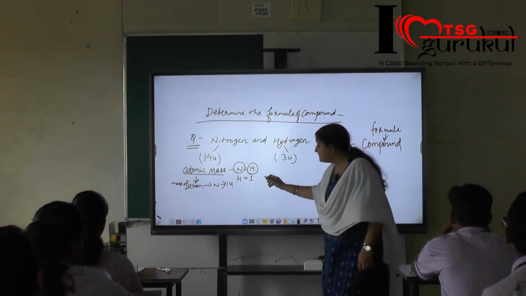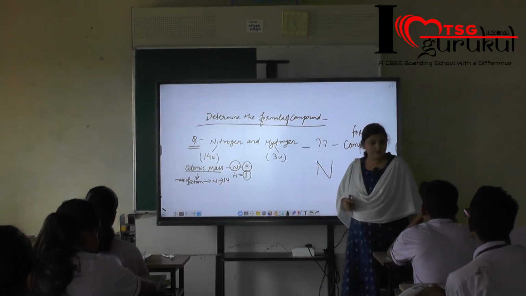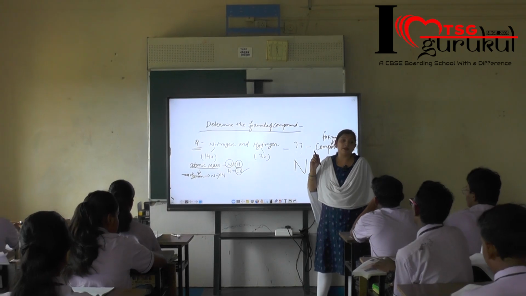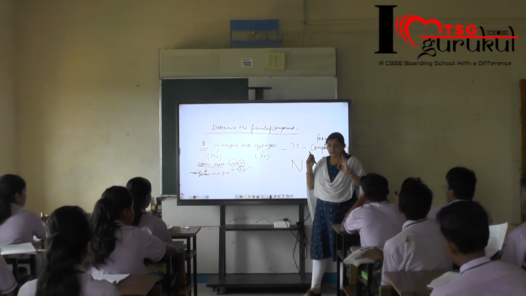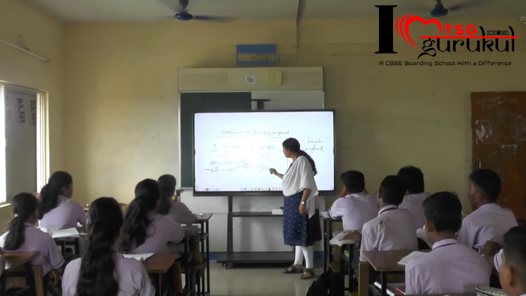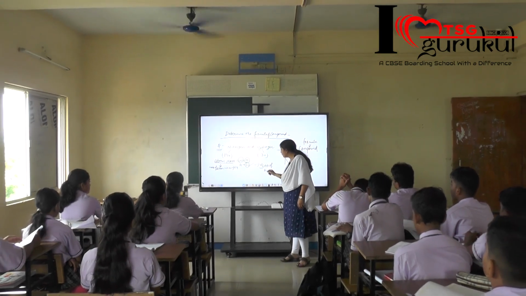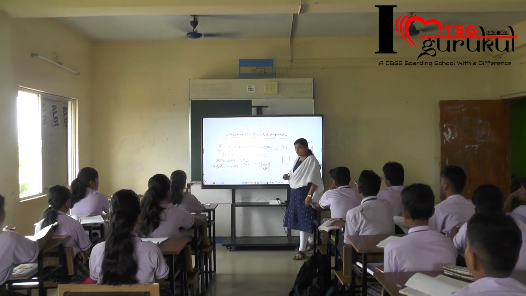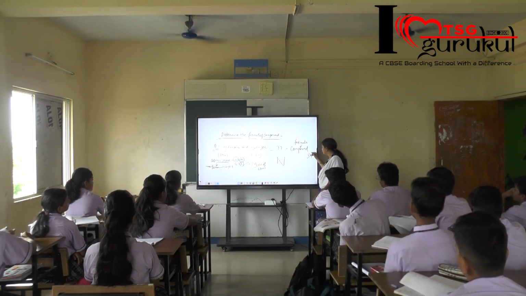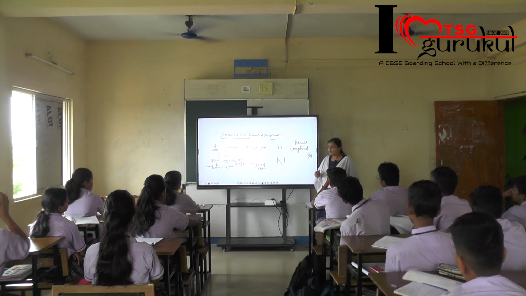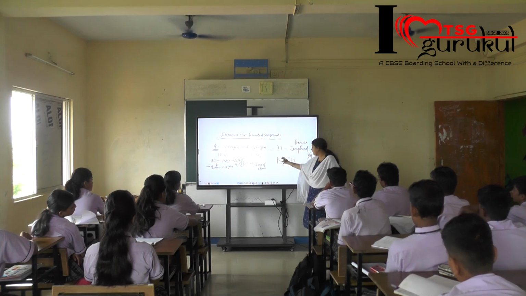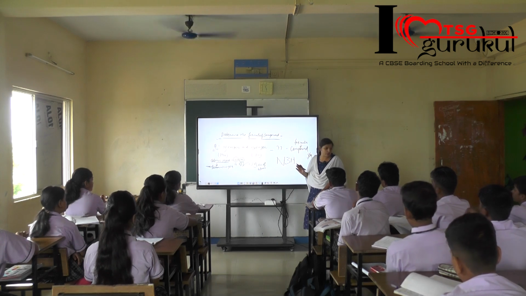But we know what is the atomic mass of hydrogen? 1. That means how many atoms of hydrogen will combine to make 3 units? The number of atoms of hydrogen will be 3. Now how to write that? You have to learn properly. You cannot write it as 3H. This will be wrong. You cannot write N3H. You cannot write this, because this is not a way to write the chemical formula.